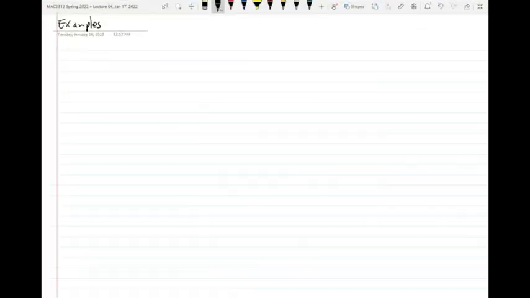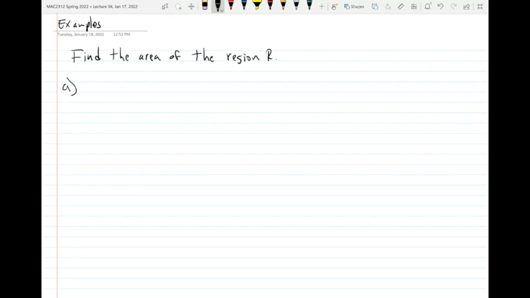Right. Now we have the formulas out of the way. Let's let the fun begin. So find the area of the region R. And what I'm going to do is describe the region in each of the little exercises that we will do. Okay. So R is the region bounded